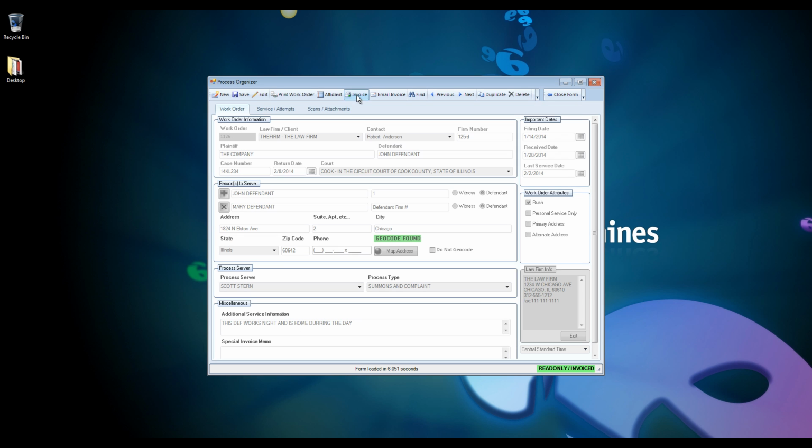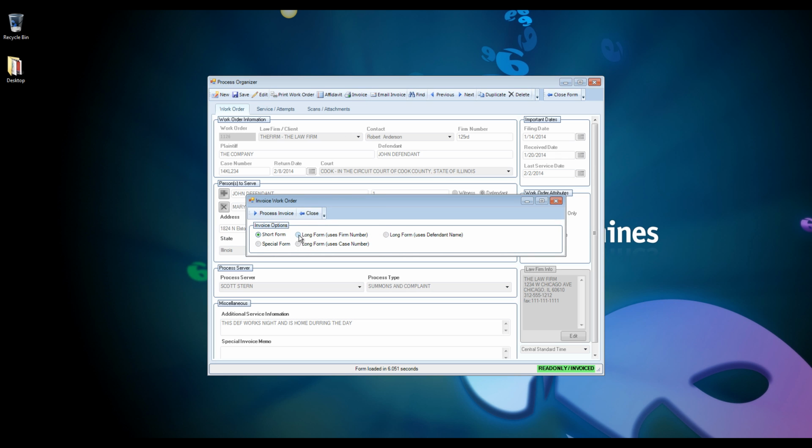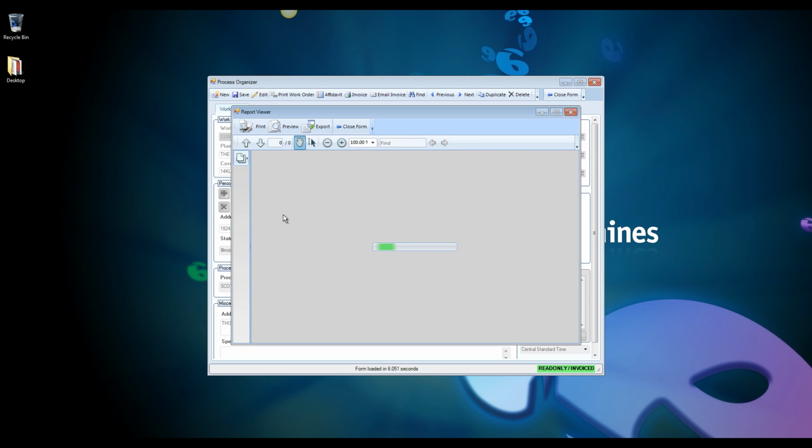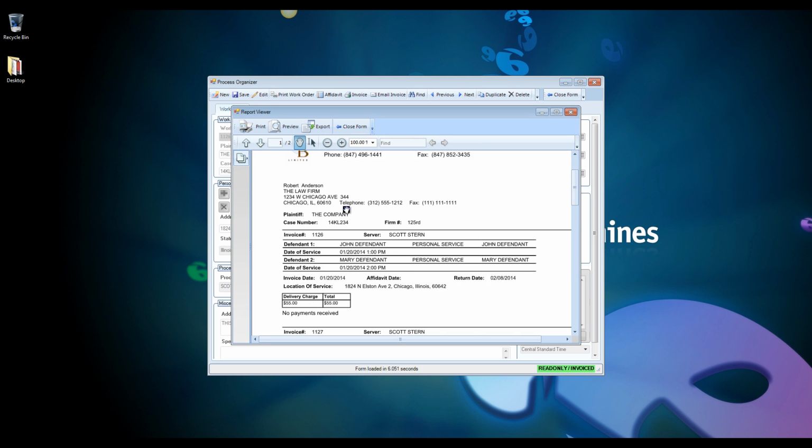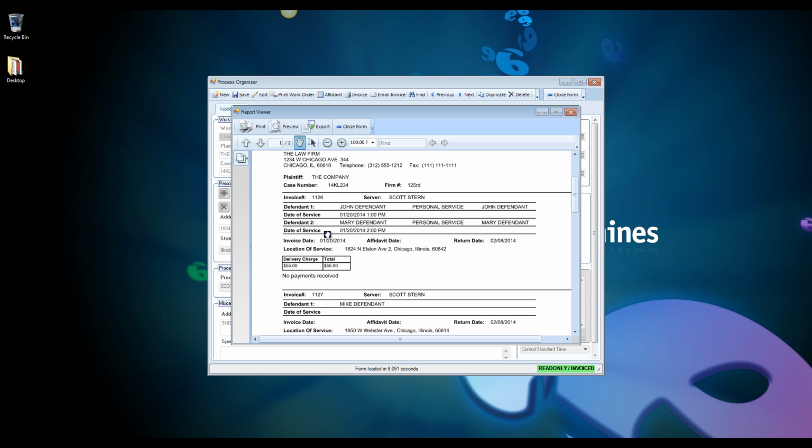The next invoicing is what you call the long form invoicing. And on the long form, you have 3 options. You have an option for the long form using the firm number, which is this number here, the long form using the case number, which is the court case number, and the long form using the defendant's names to sort them. For example, if we use the court case number, it will bring up the first invoice, which is 1126,